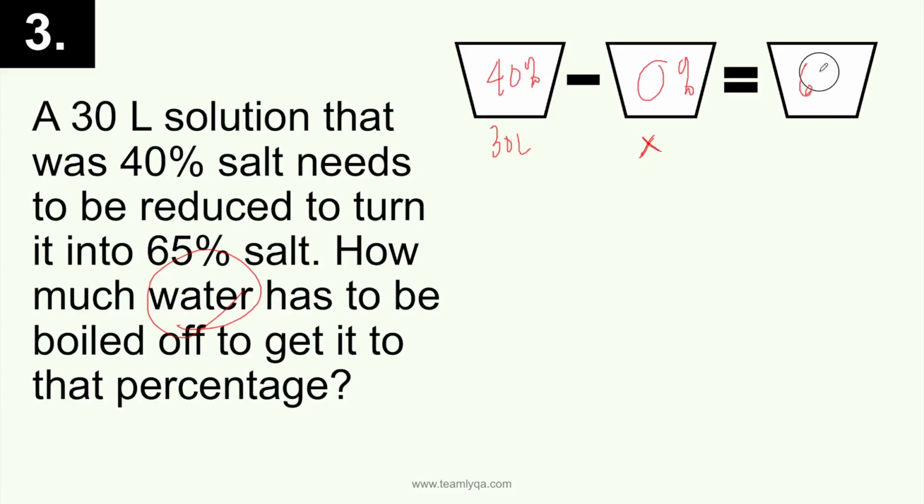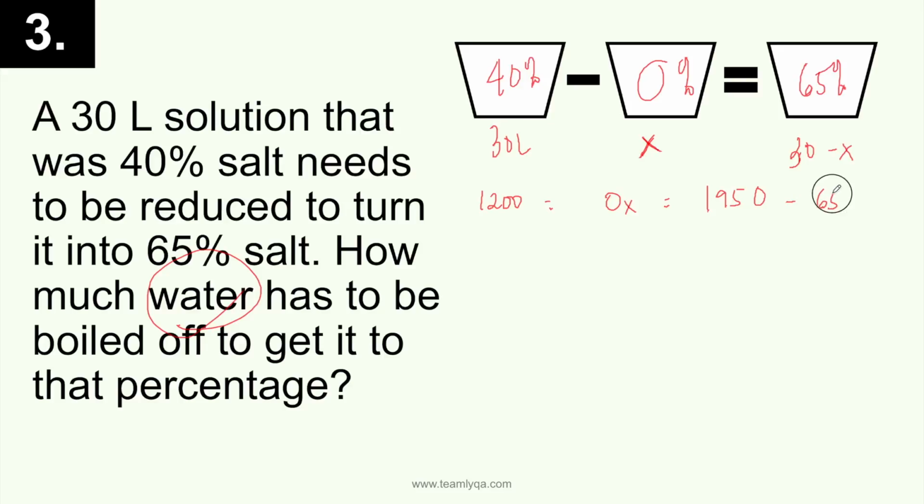So, this would be 65%. This will be 30 minus X. And then we're just going to solve down. So, this will be 1,200 is equal to 0x is equal to 65 times 30. So, tatlong 65, 6, 12, 18. Tapos, tatlo pang 5. That will be 1950